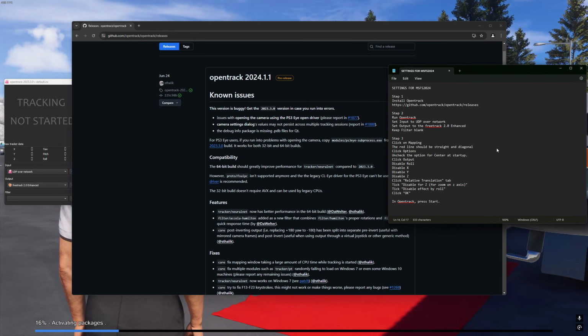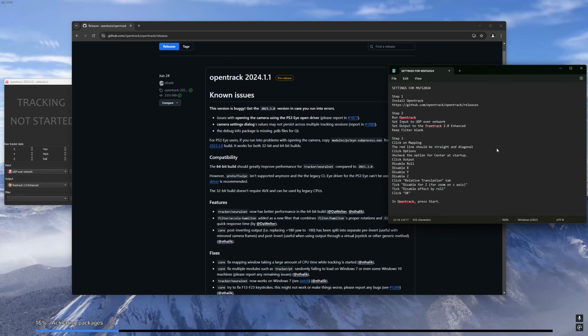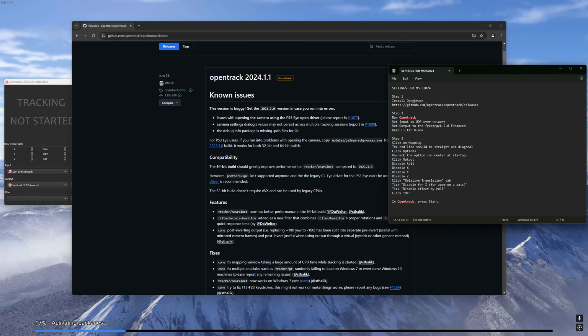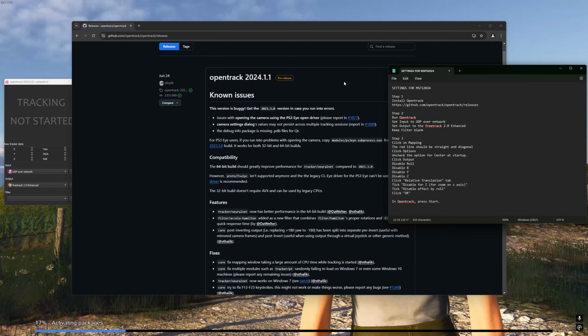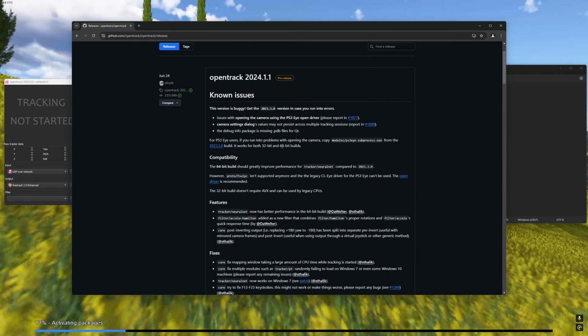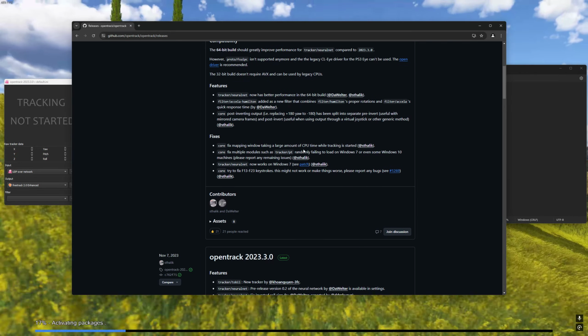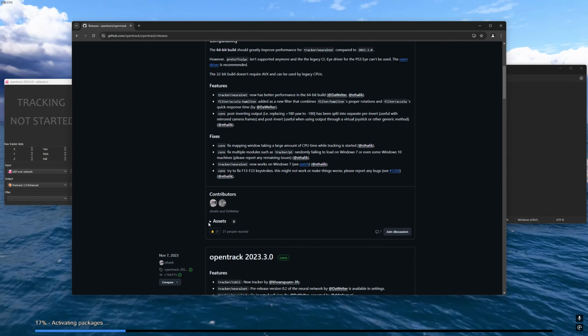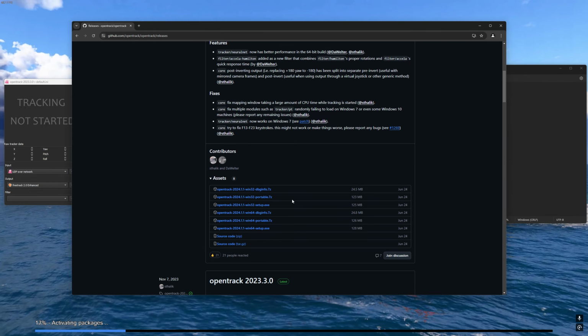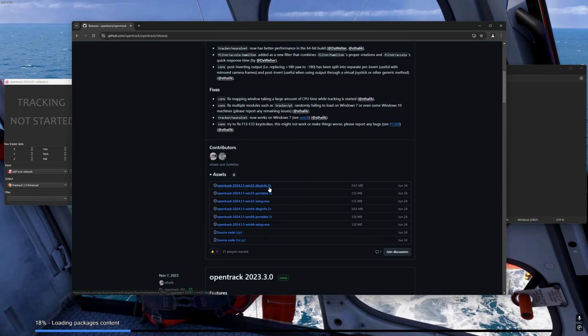Hi, so how to install it. Using the instructions at the bottom of the video, basically we're going to GitHub, this link here. So you get to this GitHub website, and you'll notice there's an option down the bottom that says assets. Click on assets, and down here you'll see the version of the